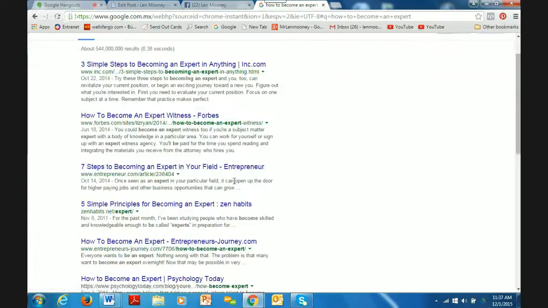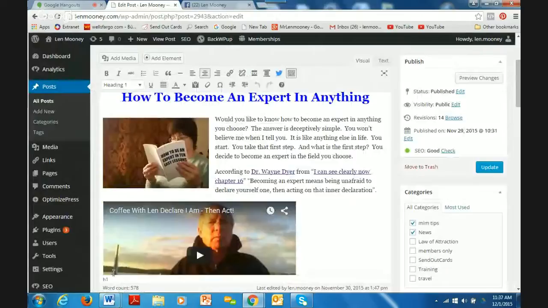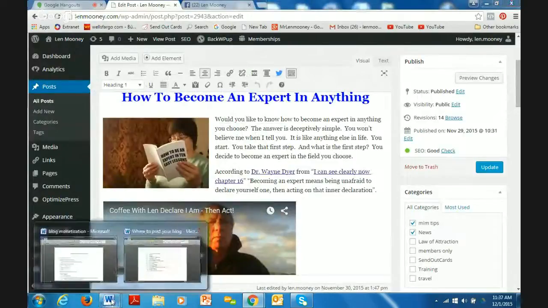So if I wanted to, and I didn't do it in this one, I could just go to this article, read the article, find a quote in it somewhere that fits right into mine, and then be able to link to this blog or this site also. So that's another way to do it. I didn't do that in this case, but it's a good idea. Okay, so that's some of the things.